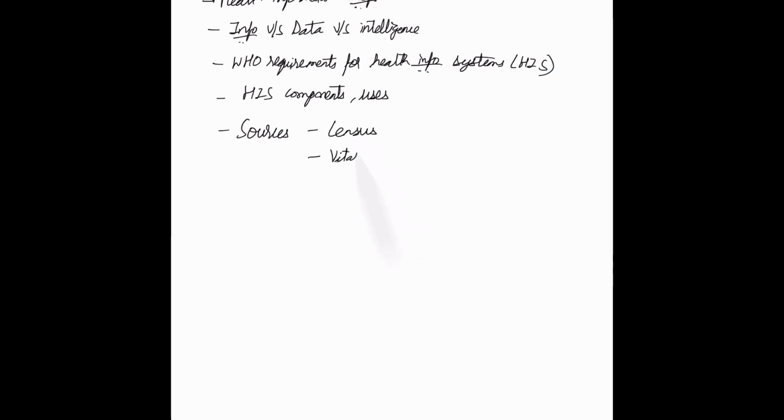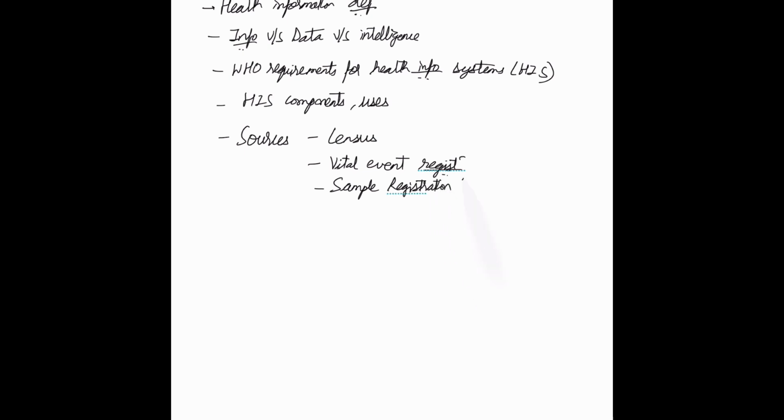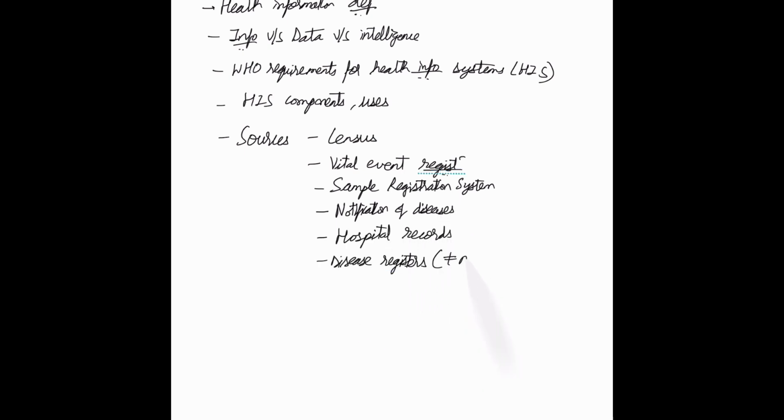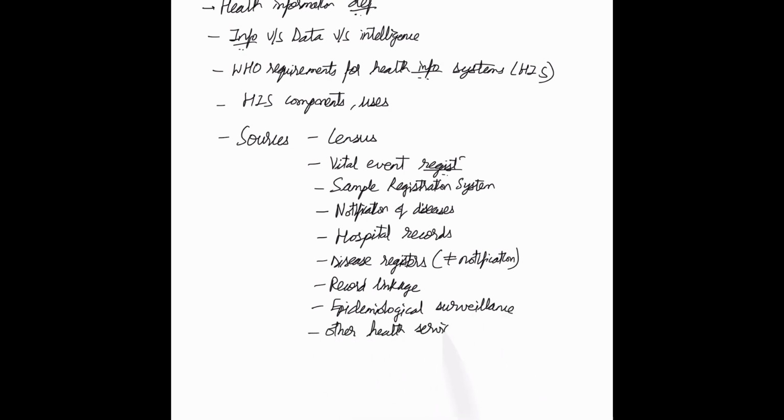It can be from a census, it can be from a vital event registration, it can be from a sample registration system, and the notification of diseases, hospital records, disease registers, which is not the same as notification, then record linkage, which would refer to inpatient records mainly, and epidemiological surveillance activities, and then other health service records, wherein this is where we deal with OPD records and stuff, and then environmental health data, health manpower statistics, population surveys and